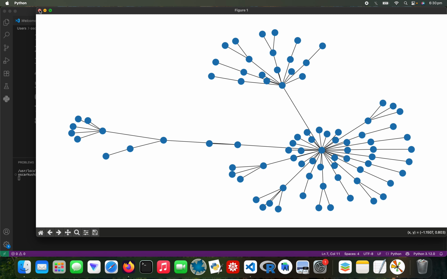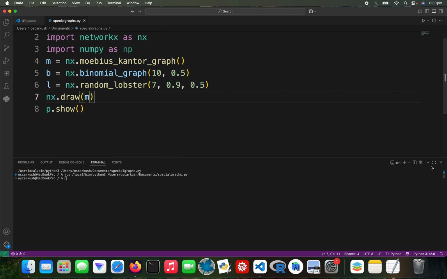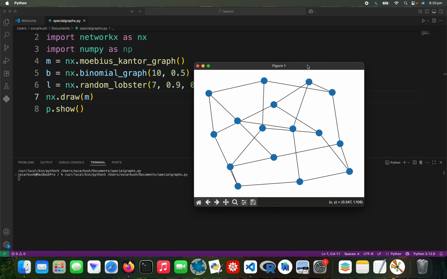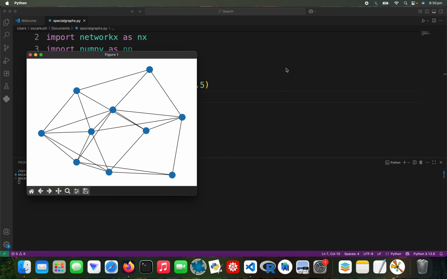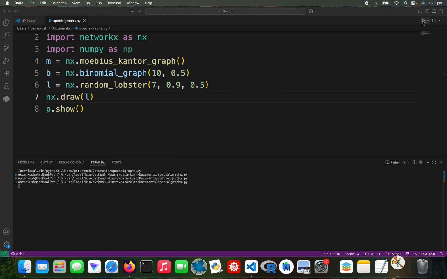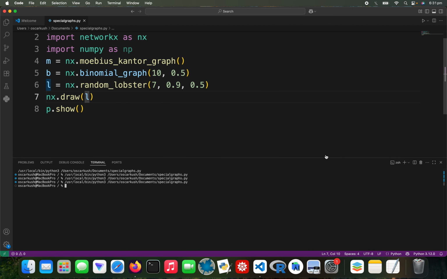Close that. I'll show you the plots again. So M, and there's the Mobius graph. And then B again, I'll show you B again. There we go. And finally, I'll show you L. Voila. Cool, great. So there's a lot of them anyway. I just thought this is a quick intro regarding